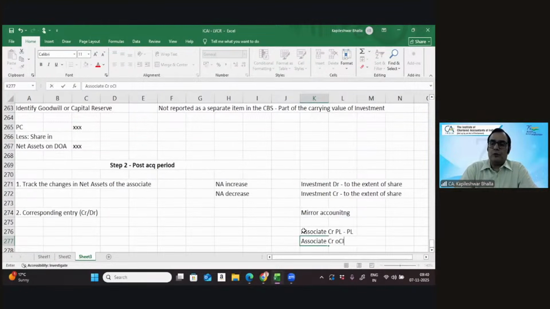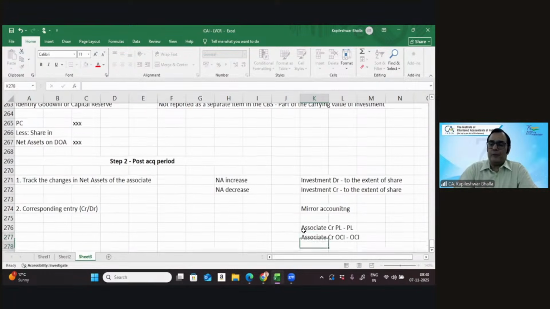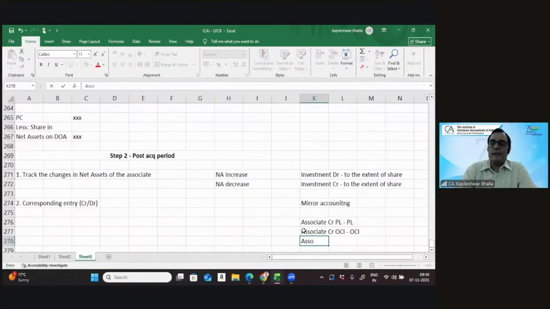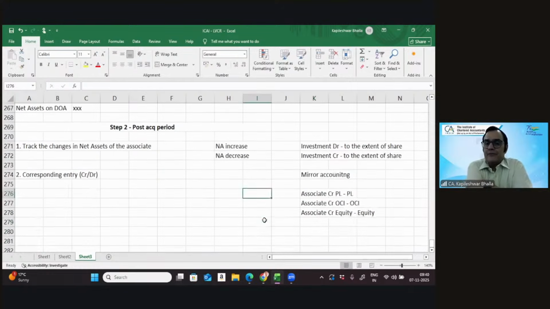So we can say we need to do mirror accounting. He credits the P&L, I credit the P&L. He credits the OCI, we credit the OCI. And if he credits the equity, can I say we will also credit equity, SOCIE, directly. So this is the net treatment which you need to keep in mind, that in step number one, it's all